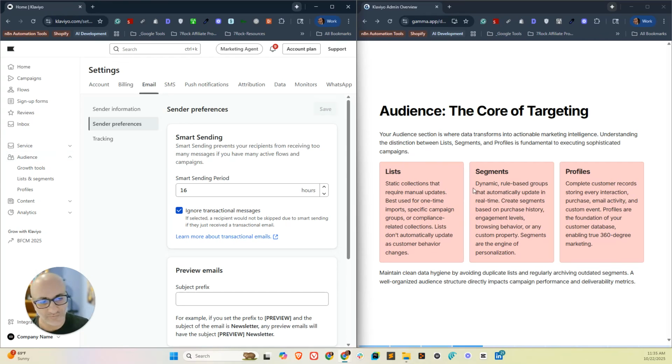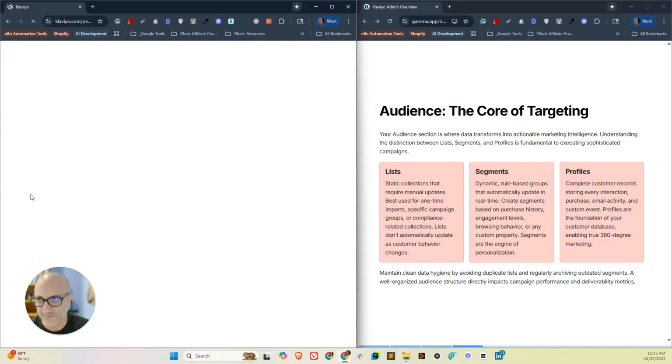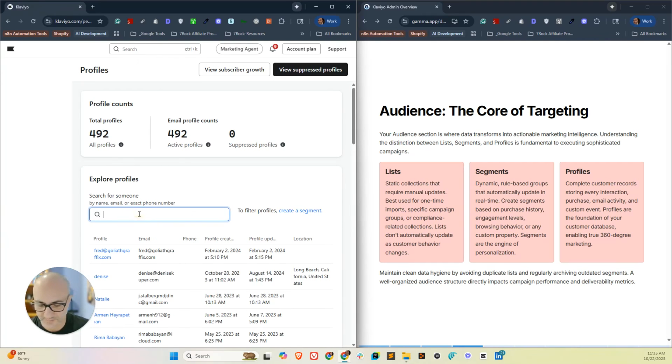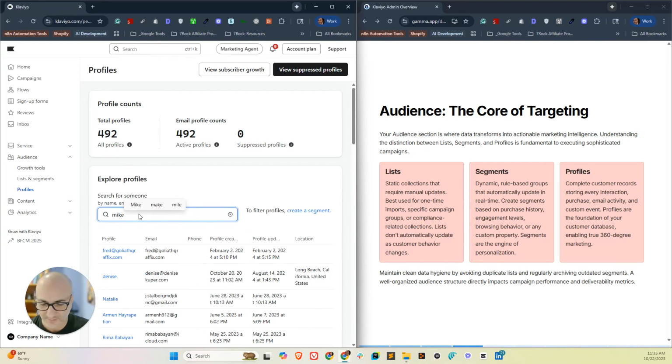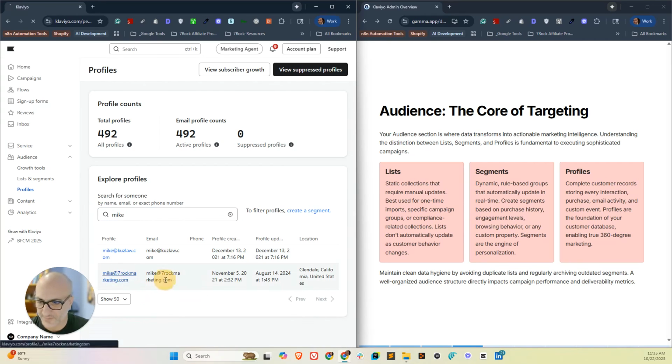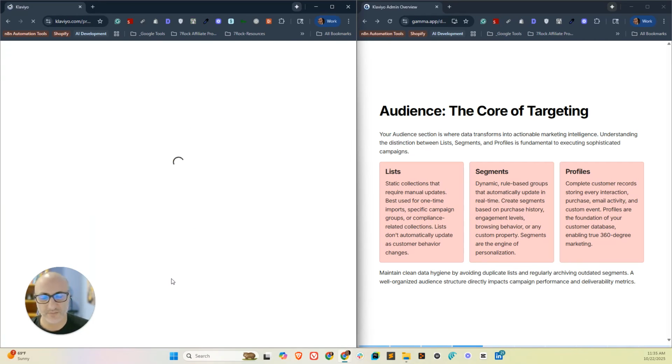And so profiles, we just talked about. Profiles are really important. You see the interaction. Let me pull up, for example, some historical data that you might see here from previous connections. Let me see, I believe I'm here somewhere. Yeah. So for example, you could see where I'm located, how I engaged, how I signed up, where I